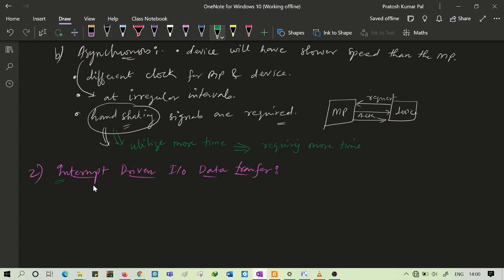Here also there is a request sent by the device, and this request is called the interrupt request. So INTR is sent by the device to the microprocessor.